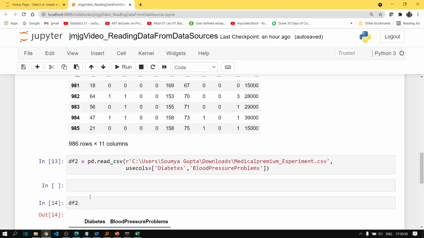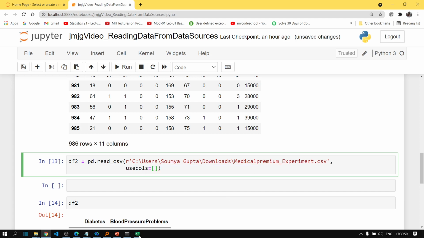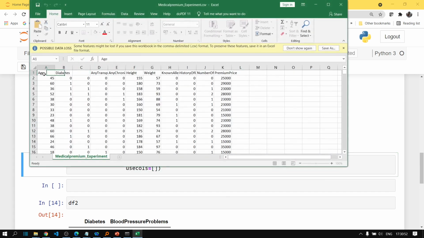Okay, instead of specifying the exact column names, there is another way to filter your columns. You can use the indexes or the numbers of the column. So for example, this is the 0th column. You know that the index of a list starts from 0. So if you consider that this is the beginning column, we can call this the 0th column. So this is column number 1, column number 2, column number 3, and so on.